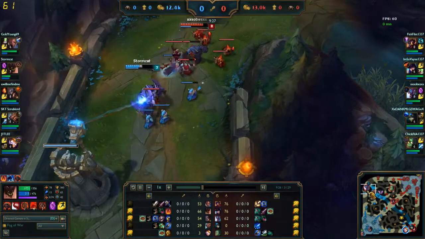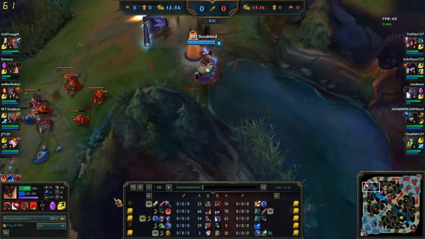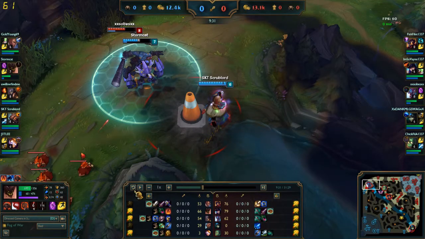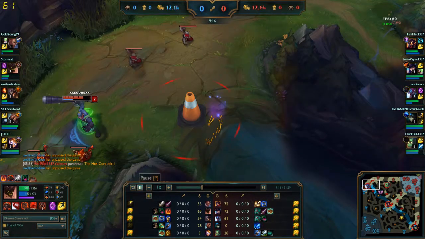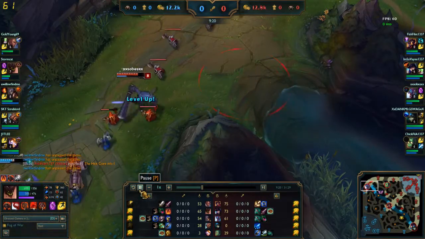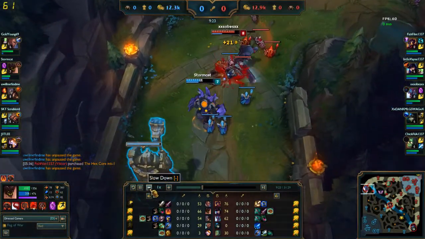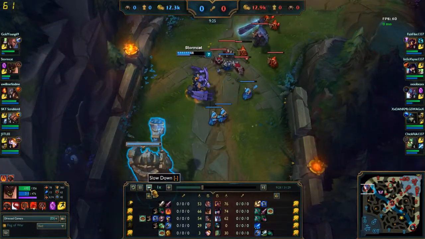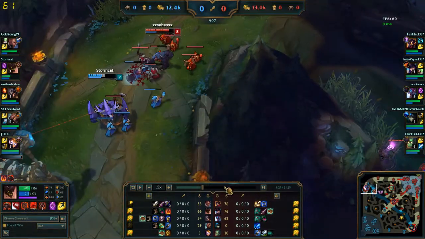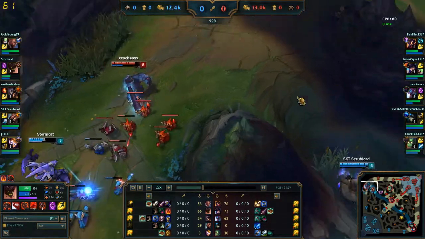Sebs is doing a good job putting pressure on Malphite top. So this is sort of unlucky, but this is sort of nitpicking. Let's see. So Seb sees Udyr right here, sort of just dancing around the minions, and now he notices he's